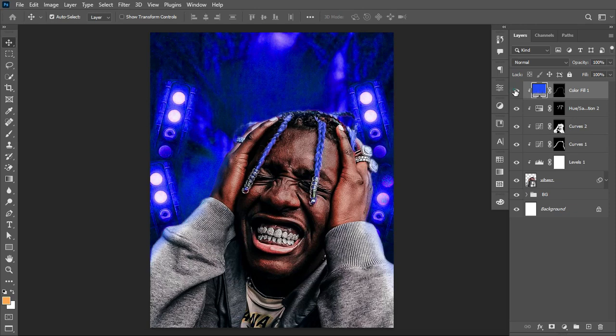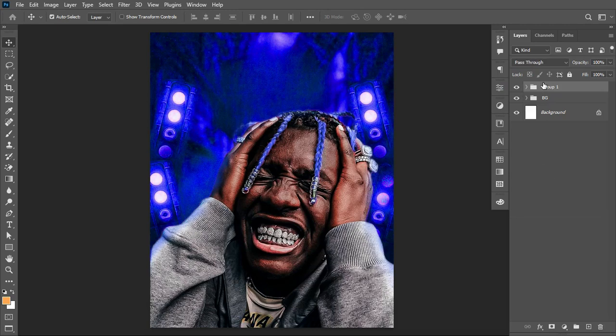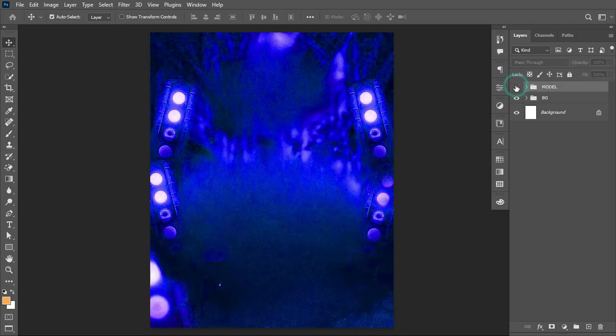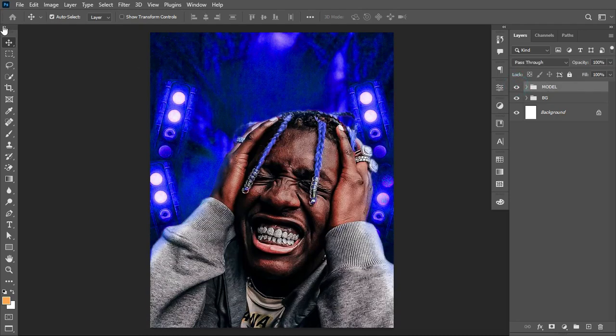I'll move this above like this. So I'll select this layer, hold shift, select this layer, and group them together. Call this model, rather, subject, which actually stands for that. And moving on, I'd like to start placing in another set of information, but before doing that, I like to